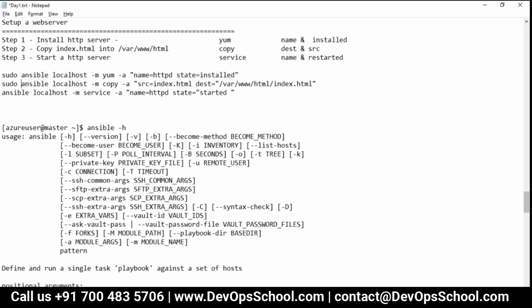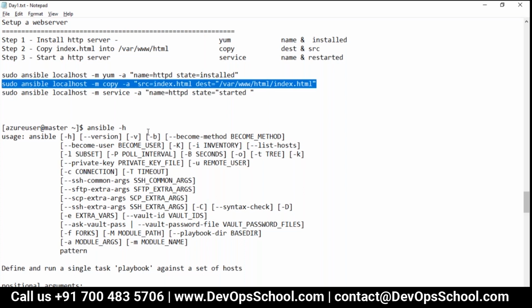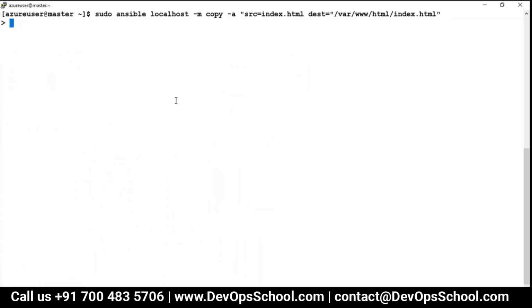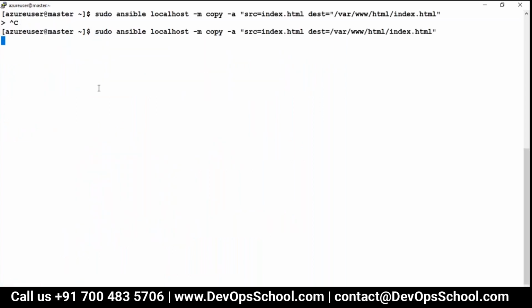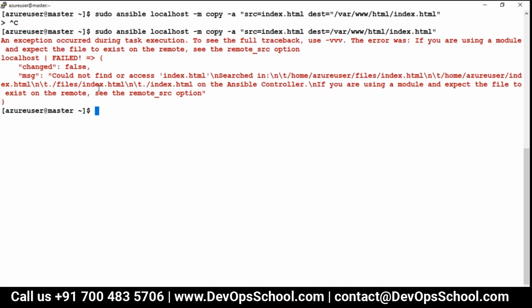So now I will do this with sudo. Like that, you will troubleshoot yourself, find the issues yourself, and fix those issues yourself. Can we run the second command? Oh. There's a problem in that. Here, you can use a single quote instead of a double quote, by the way. What is the problem, guys? Anyone help me with that? The source file, I'm not sure if index.html exists. Yeah, correct. The source file has to be there.